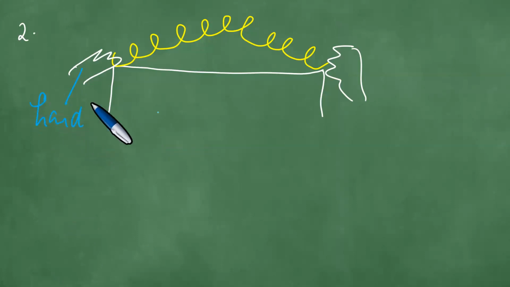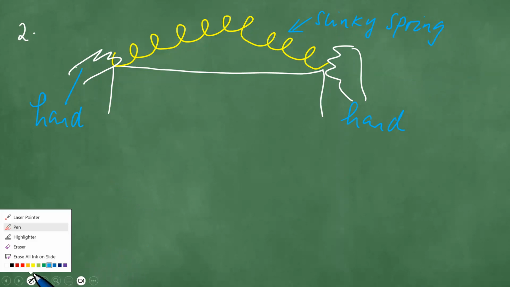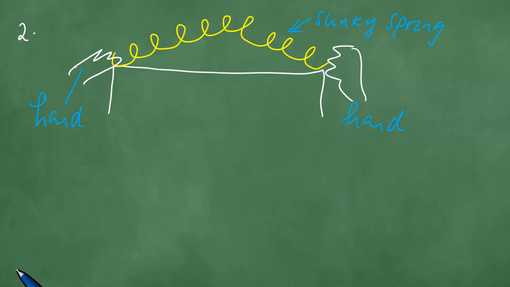So this one is a hand. It's a hand, and that still remains a slinky. Okay. Now, the couple of things I want us to discuss here. And then we say,